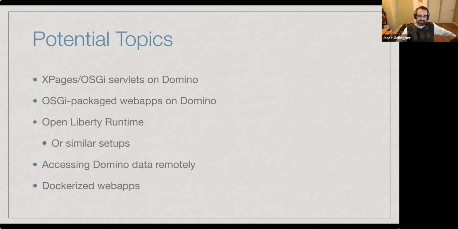But then there's other stuff that I've been doing or I've seen other people doing, where you could do OSGi packaged web apps and use the Open Liberty runtime, which is my project. Domino data remotely and Docker, that sort of stuff. So I guess to kick it off, I'll talk a little bit about how I've been using it